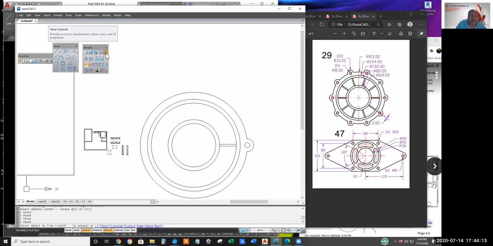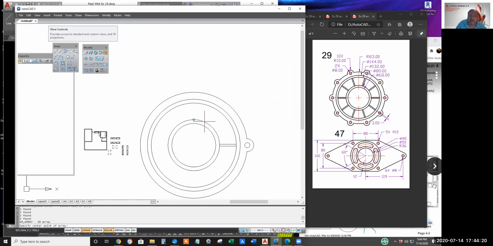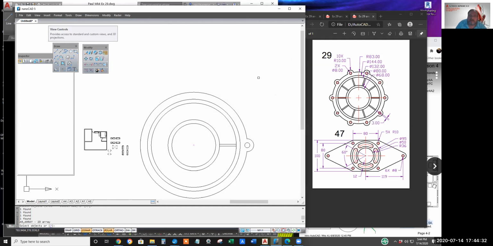Click 2D array, specify the polar array. The center point would be dead center of all these circles. Select objects. That allows us to window the 2 lines, an arc, and a circle.